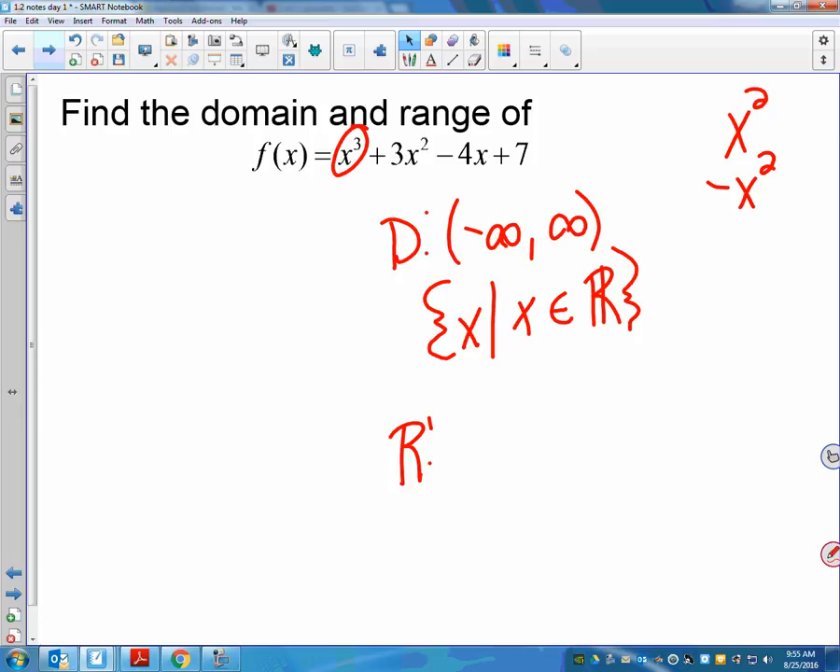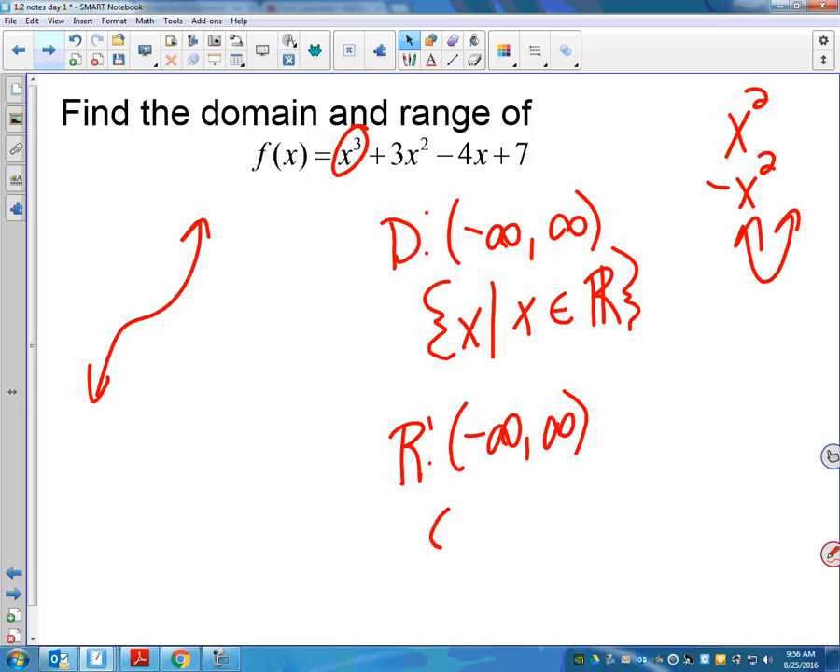Yeah, like it could be something like this, which means all real numbers for the range as well. Quadratics don't have a range of all real numbers because they're like this, right? Like they stop at some point. But cubics have a range of all real numbers. So we can say y such that y is a